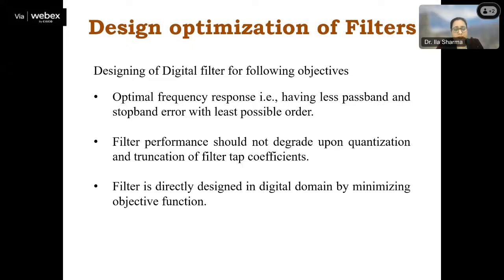So it is a standard method when realized in hardware, like in Verilog or Cadence, whatever it may be, that you have to change your continuous coefficients to quantized ones. Quantization is simply done by rounding off or truncating these coefficient values. We will also discuss this part, but firstly we will focus on optimization of this filter, which is designed to fulfill less passband error, less stopband error, and follow the property nearest to the ideal filter. Let's stick to that.